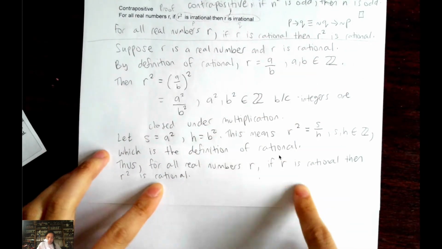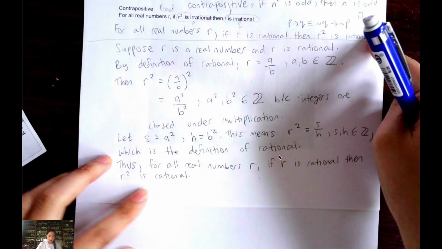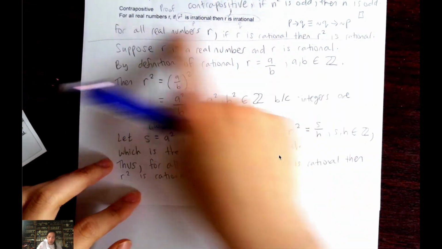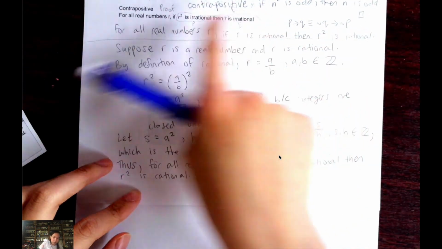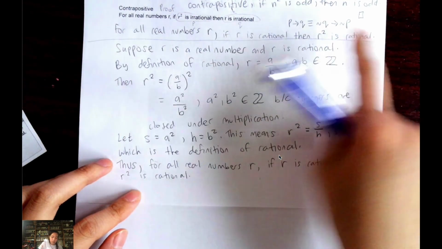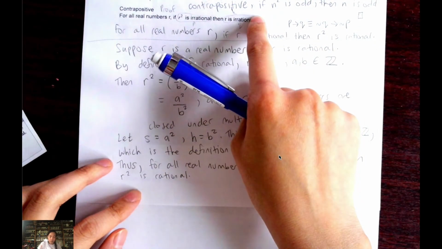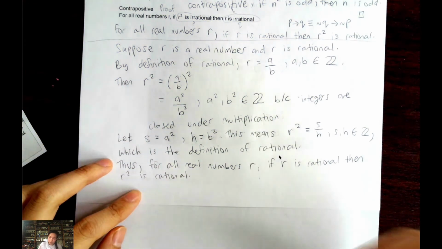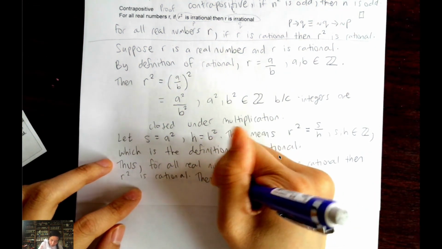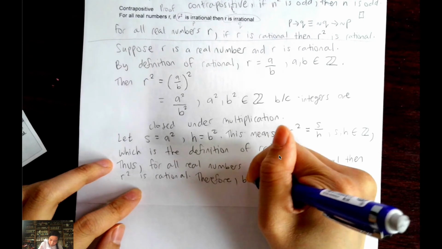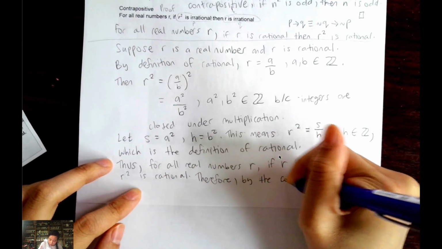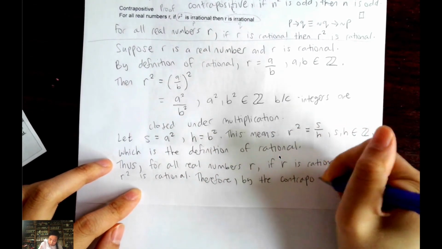So we just proved this if-then sentence right here. And because this is the contrapositive of this sentence, if we prove this if-then sentence, then we prove this if-then sentence. So we can show that by saying, therefore, by the contrapositive,